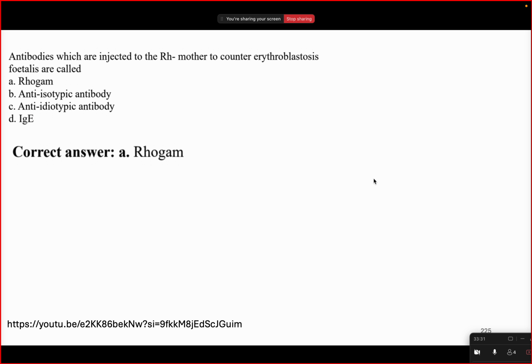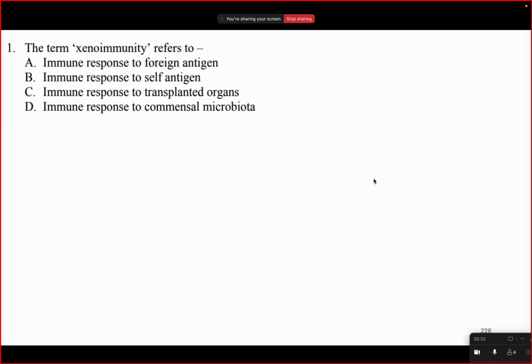The correct answer is Rogam. You can always, again, all these things were covered in pretty good detail. The term xenoimmunity refers to immune response to foreign antigen, immune response to self antigen, immune response to transplanted organ, or immune response to commensal microbiota. Even if you don't know the right answer, you can always